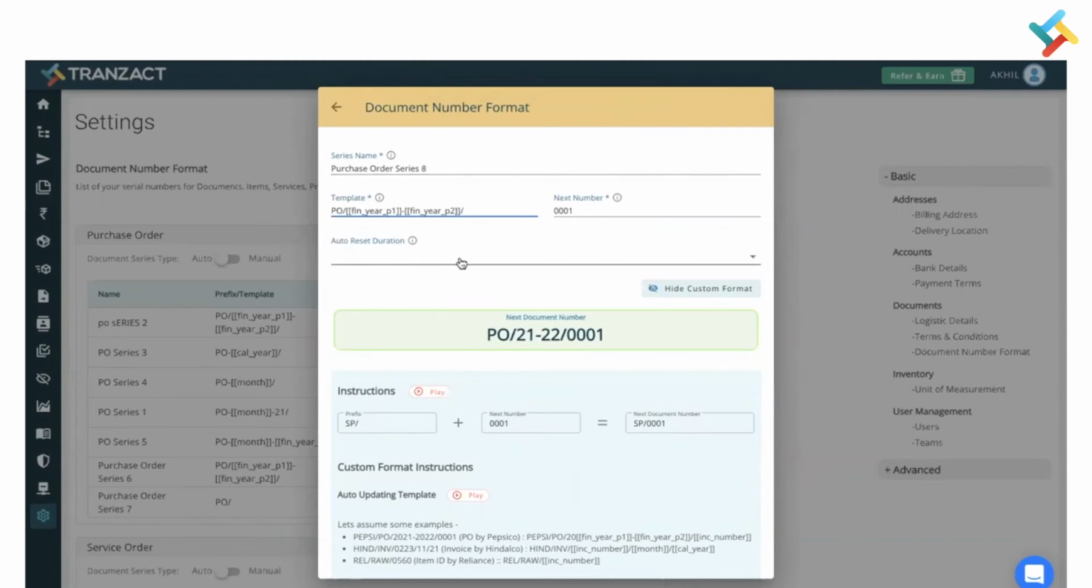Here it will give you an option of auto reset duration. Once you click on this, it will ask you to select financial year. You can select it automatically. So if I had entered calendar year here, it would have asked me for calendar year. So this is how you can set it up